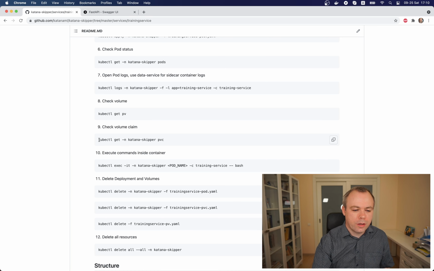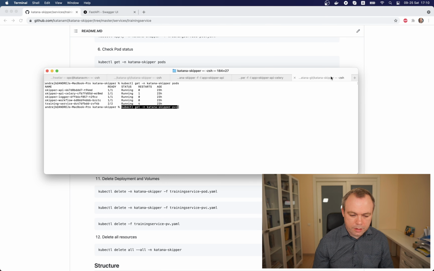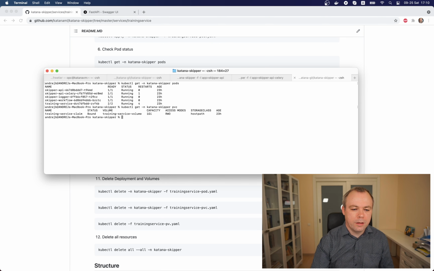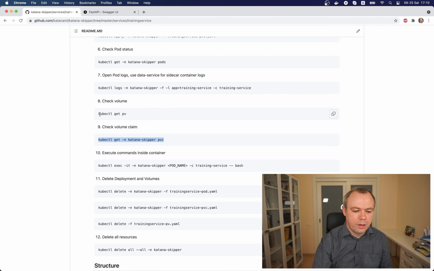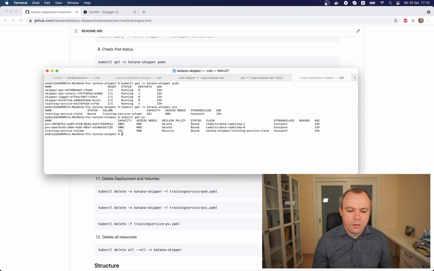And we could also check if the persistent volume claim was already created. Yeah, and we can see that in our namespace Katana Skipper, a training service claim is created, and if we check the persistent volume, we can see that this claim is running on top of the training service volume, and this volume is set up with